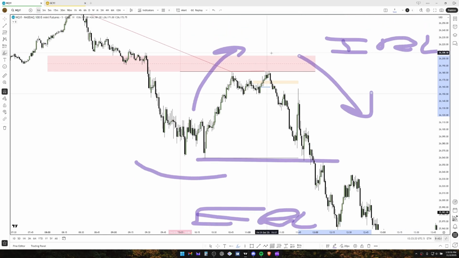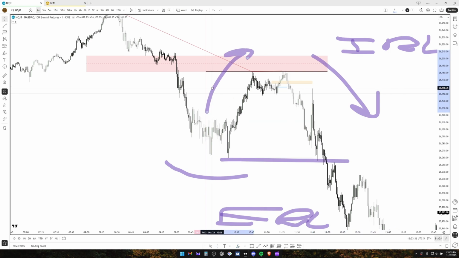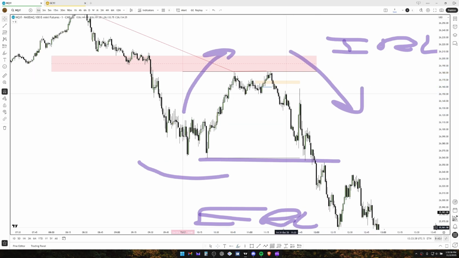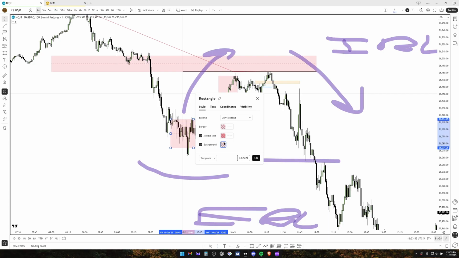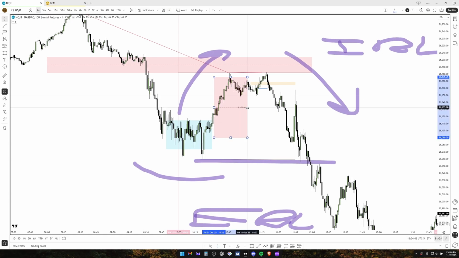Can you just make those boxes like consolidation, accumulation? Oh, okay, yeah. So this would be like consolidation, right? Consolidation here, and then manipulation here. I'm gonna change the colors to the classic colors we all love and know. So this is consolidation, manipulation, like this, all this manipulated up, and then right here,